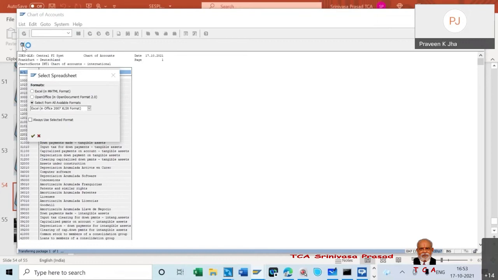Click on that, then you will get stop transaction. No, it is going on. It is system performance. Okay, leave it. In the background, it will stop.